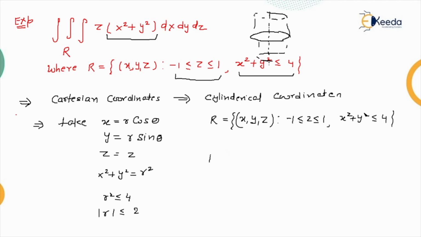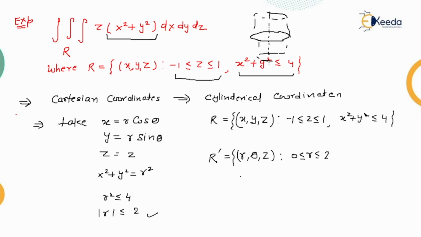But now we change these Cartesian coordinates to polar form, to cylindrical form, that is r dash, that is, change to the polar form, having r, theta and z. So in r dash, that is our new region, that is our new limit, where we have the three coordinates: one is r, one is theta and one is z. Okay, so first of all we will see what about r. For r we have found that modulus of r is less than or equal to 2, so we can say that r must vary from 0 to 2. That is clear from here.